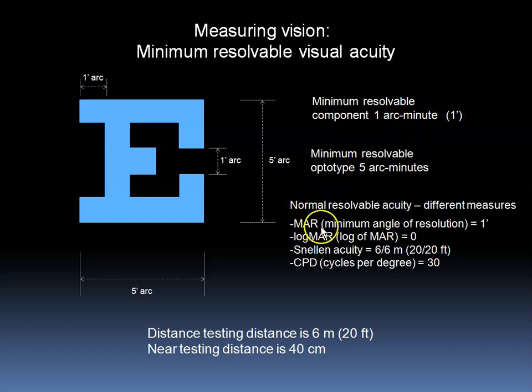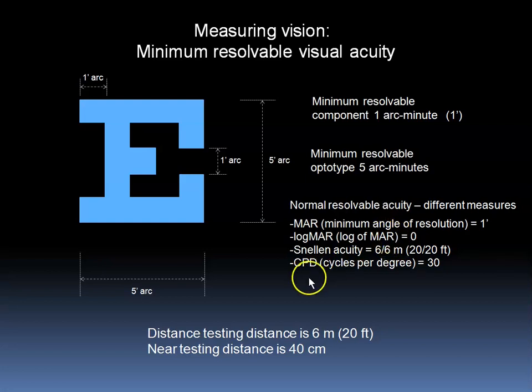We can describe this as MAR of 1, or log of MAR equals 0. We can describe it as Snellen acuity equals 6/6. 6 meters here is the testing distance, and the second 6 is the distance from which a normal person can see that letter. Therefore, 6/60 would indicate that at a testing distance of 6 meters, the patient can only see what a normal-sighted person can make out at 60 meters away. This would be a larger letter, and if that were the minimum angle of resolution, then that would be